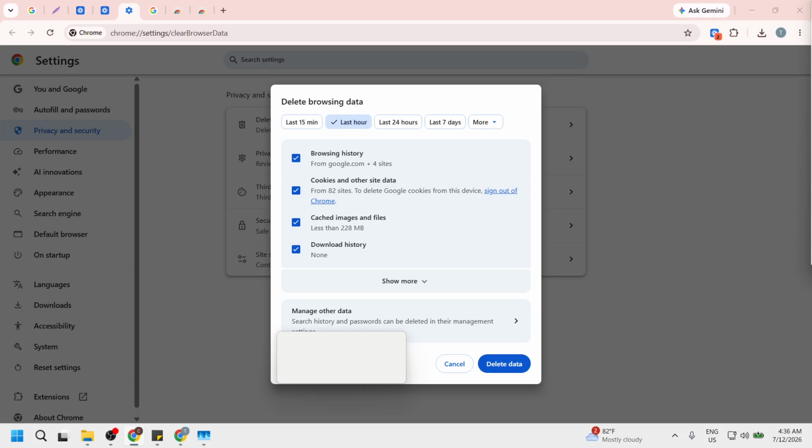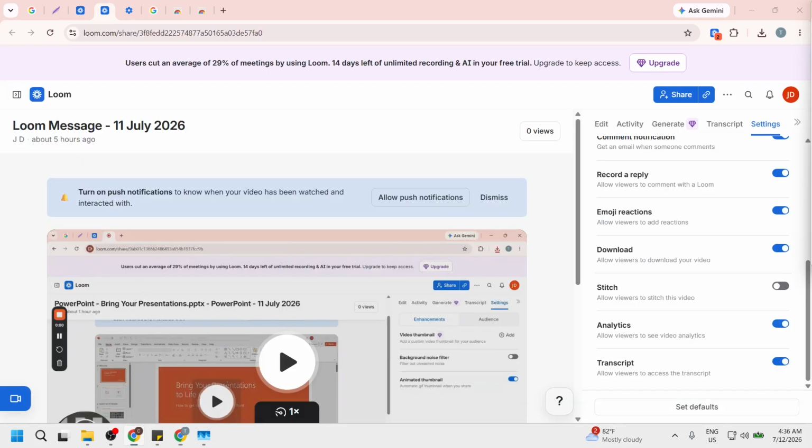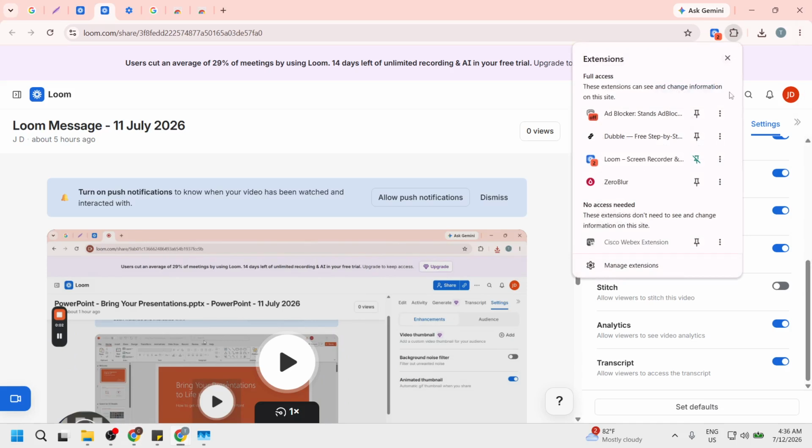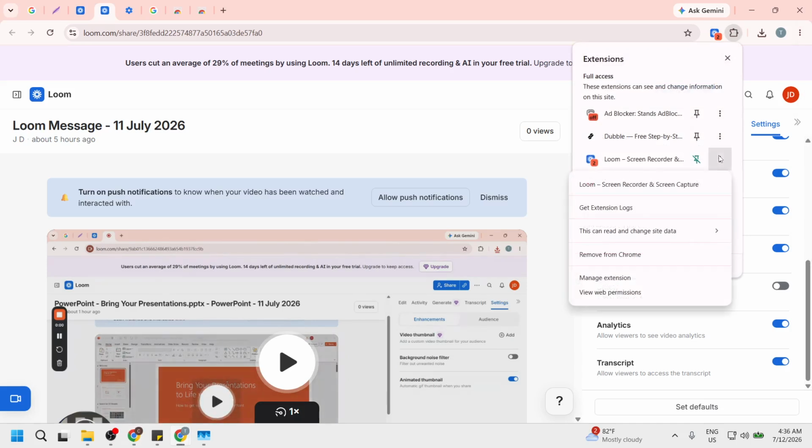If you just finished a video and the processing page won't load, open your browser's extension settings. You can do this by clicking on the extension icon and then selecting the three-dot icon right beside it. This action is necessary because managing your extensions can significantly impact how web pages load. You want to ensure that nothing is blocking essential features, especially when Loom is processing your content.